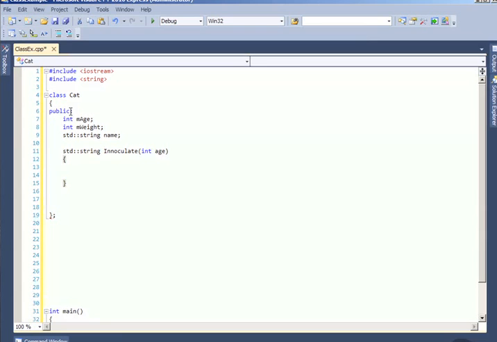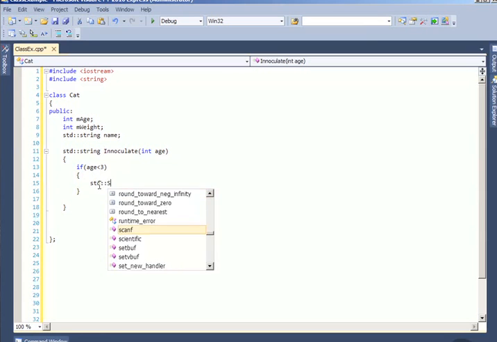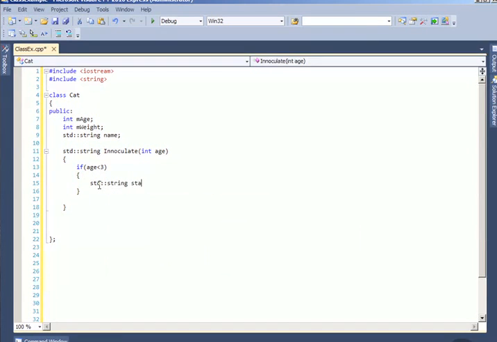Within my function I'll open and close my braces, and we're going to do a little if statement here. We're going to say if the age that's being passed in is less than 3, then we want to do something here. What we want to do is say std::string, and we're going to create a variable called status, which is a string, and set it equal to